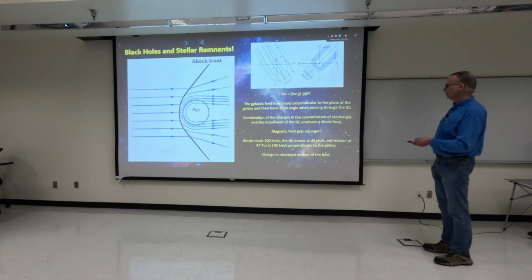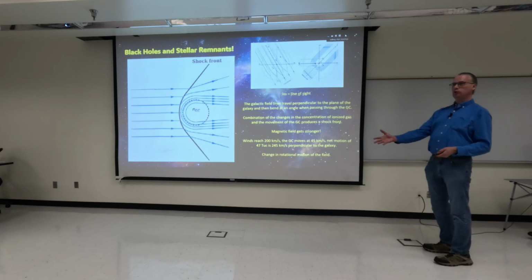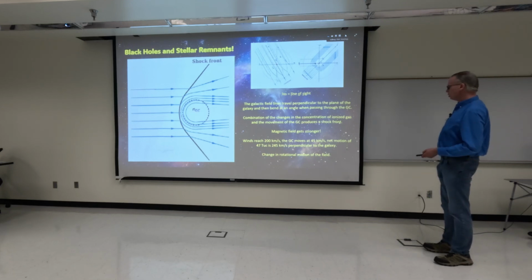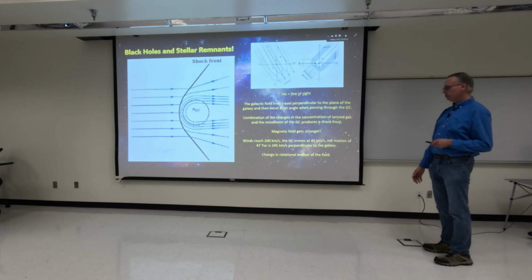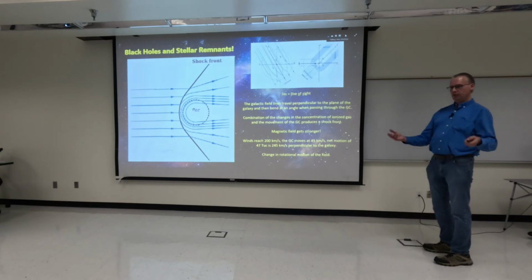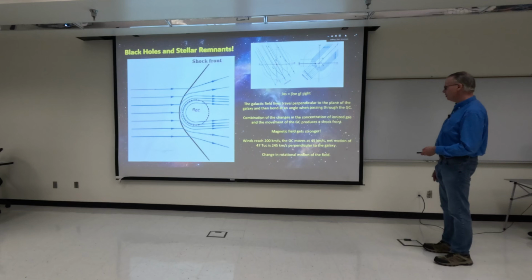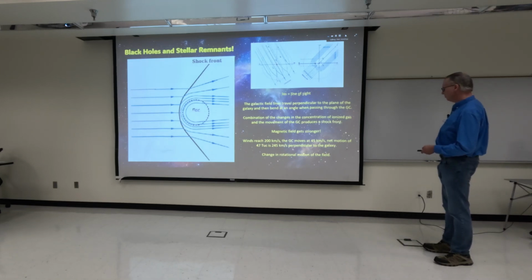We can look at the flow of these globular clusters as they move through the galaxy's magnetic field, and they create a bow shock of their own. So when you have any object with a magnetic field that moves through an object with a larger magnetic field, it's going to create these bow shocks, and it tends to build up energy and plasma. It acts as a radiation that works sometimes with or against the globular cluster with respect to the magnetic field. And so what we get here is the galactic winds in the galactic halo. The magnetic field gets stronger because these galactic winds have charges that build up the strength of the magnetic fields.